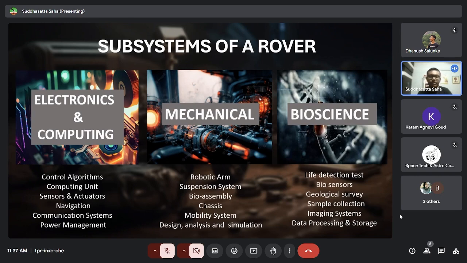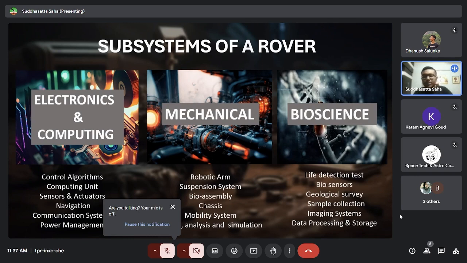So anyway, without diverging much, one of the main fields in rover construction is the mechanical domain. This mechanical subsystem has other names as well. Sometimes it is also referred to as the mechatronics subsystem, so basically electromechanical subsystems. By which I mean this subsystem is devoted to the design, development and research of the